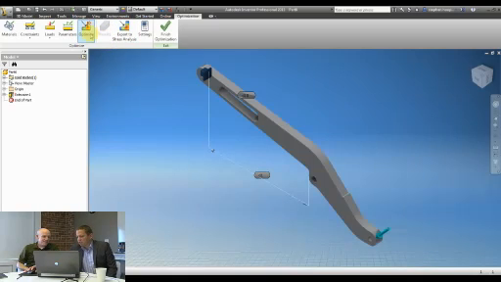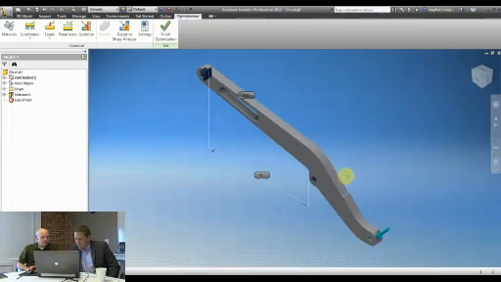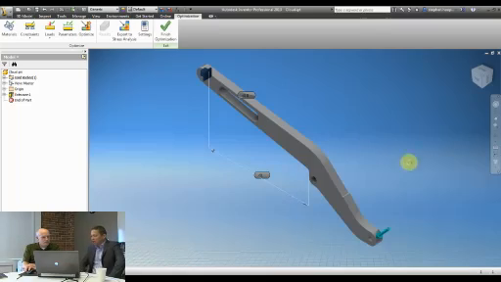Exactly. So now what I'm going to do is just start telling it to optimize this. So obviously I'm going to have to save this, and we're going to optimize it on the cloud. So I'll just save it with the name cloud, and it's now going to go off and start optimizing this on the cloud. And what that means is that it's going to take all of the information about the simulation, so the materials and the loads and all of the different conditions. It's going to package that information up, and it's going to place that information up on the cloud, where our parallel servers are all going to work on solving each of those problems.